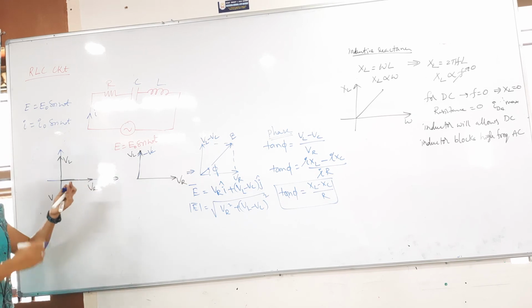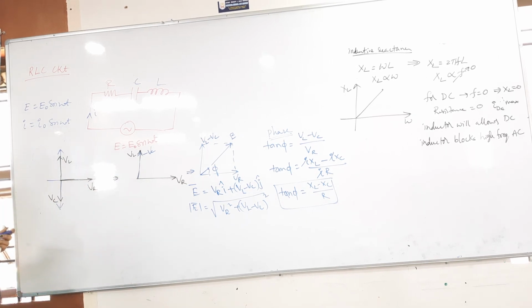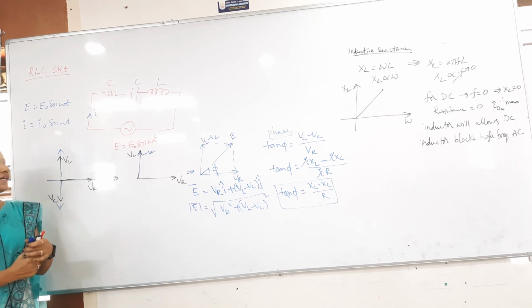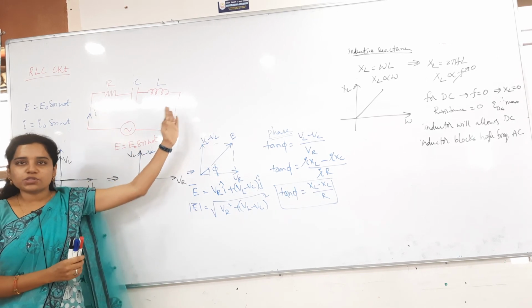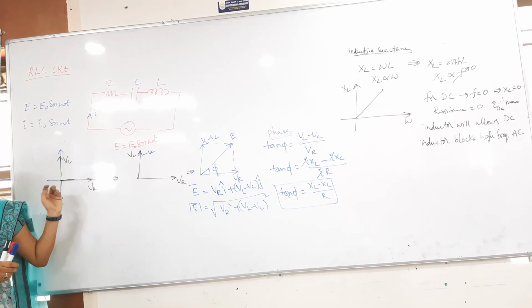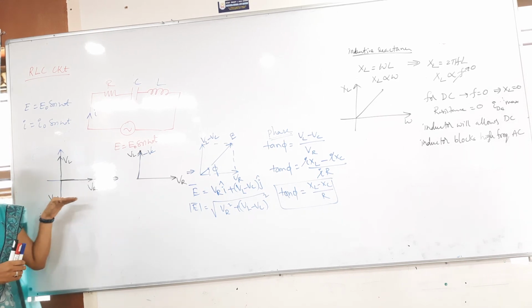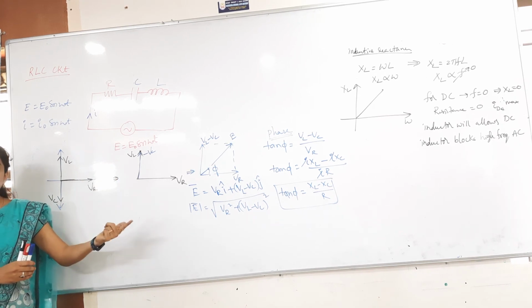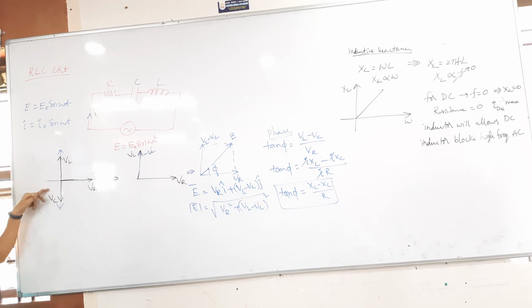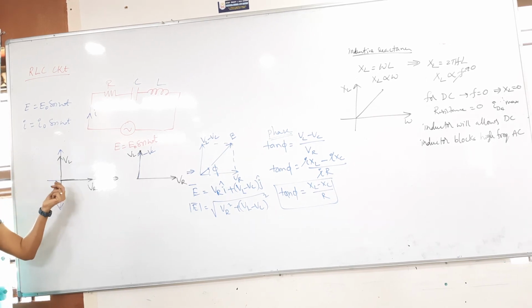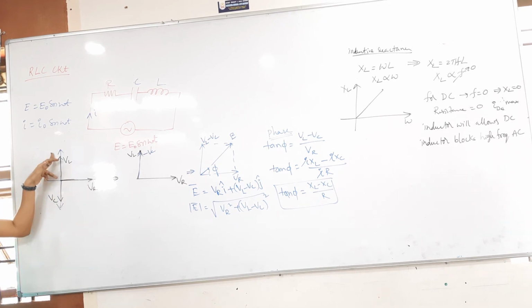And then this is about the RLC circuit. In the RLC circuit we cannot say directly which is leading and which is lagging. For that purpose, I have taken a combination of three, so I have taken the combination of phasor diagrams also. In the resistor circuit, the current and voltage were in the same direction. In the capacitor circuit, current was leading and voltage was lagging. In the inductor circuit, current was lagging and voltage was leading. So I have taken it like this.